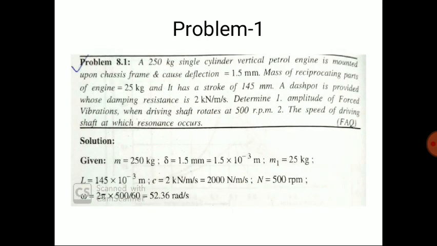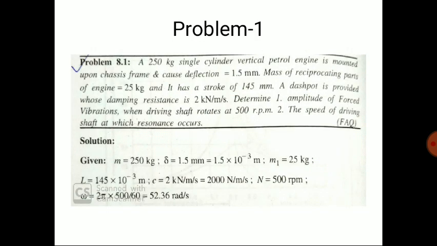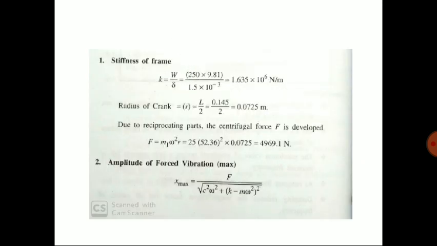W you can find as mg, not W is m into g. M is given as 250, into g, but delta is given. So radius of crank R is equal to L by 2. So L is given, L by 2 is the radius of crank. Then the mass of reciprocating parts, the force developed, that is the equation F equal to m r